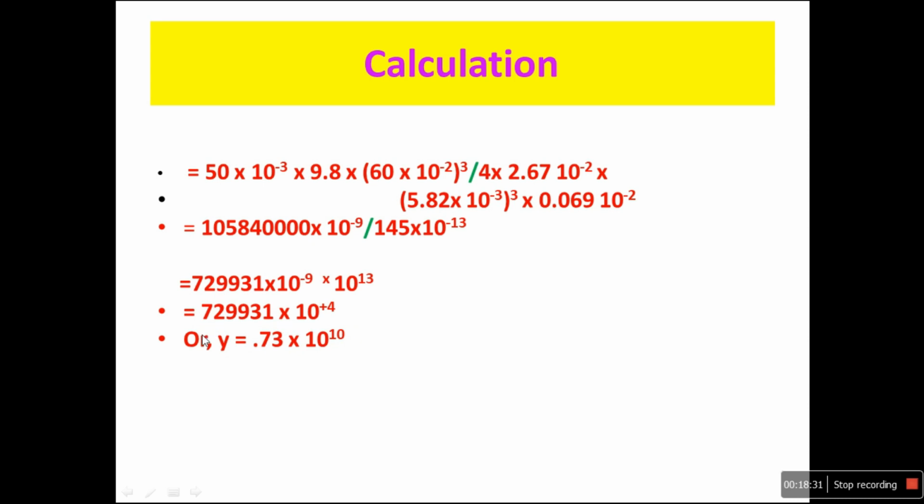So this is the Young's modulus of the material of the beam. Young's modulus is also a constant value, it differs for different materials. We are using a wooden scale. For wood the constant value comes around 1 into 10 power 10. Now we arrived almost near that value, 0.73, so it is a correct value.